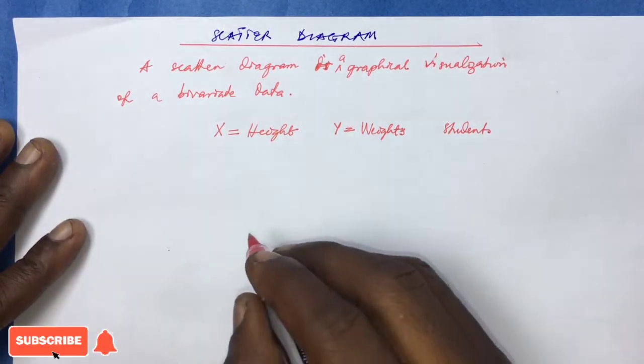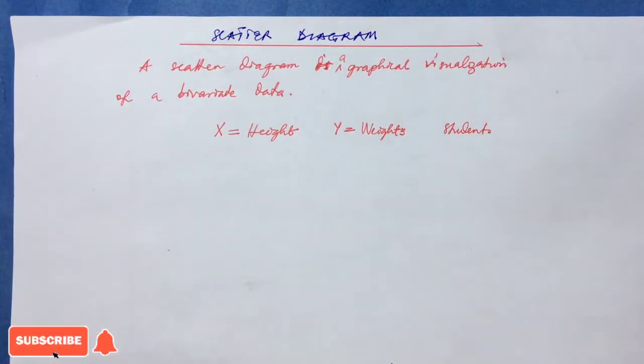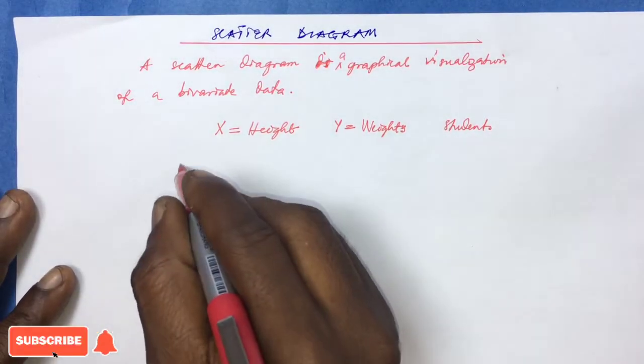Now, when you want to answer the question, is there a relationship or any association whatsoever between X and Y in relation to students, you may as well use what is called a scatter diagram to give you a very graphic visualization of what is going on. When you want to know whether or not there is an association between X and Y, the task may be, one,